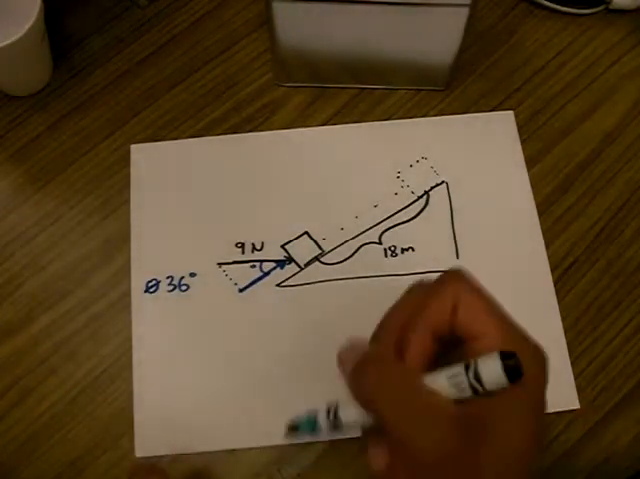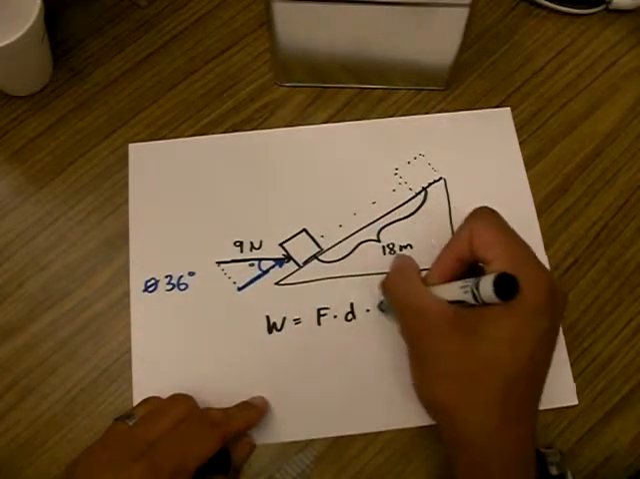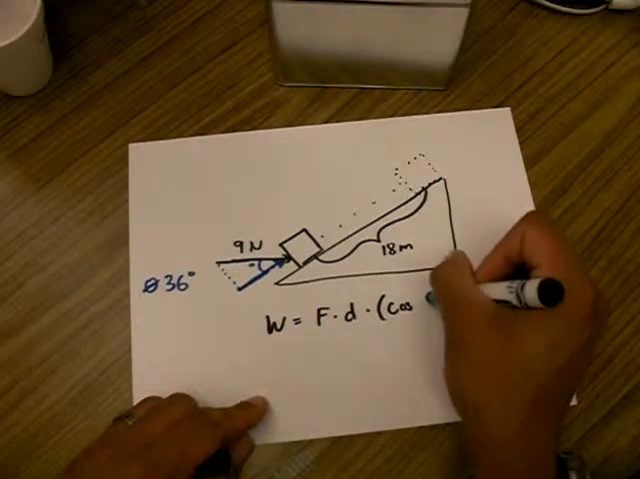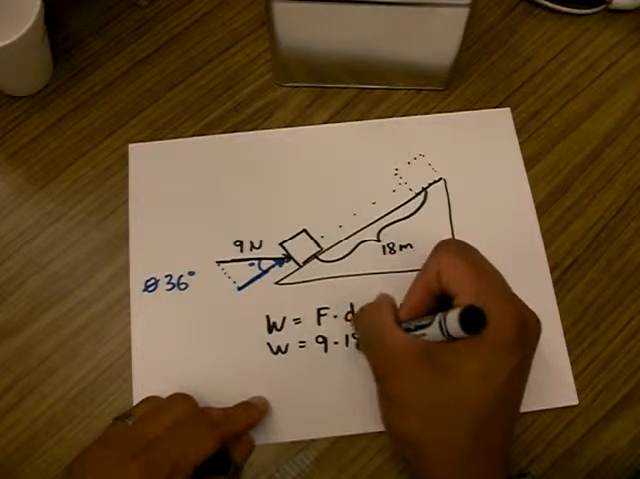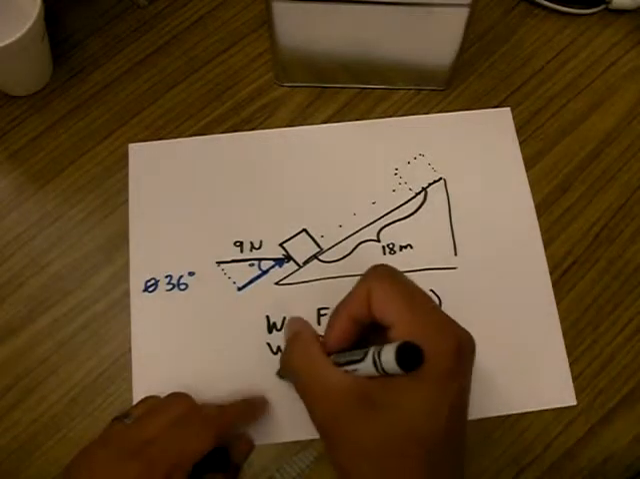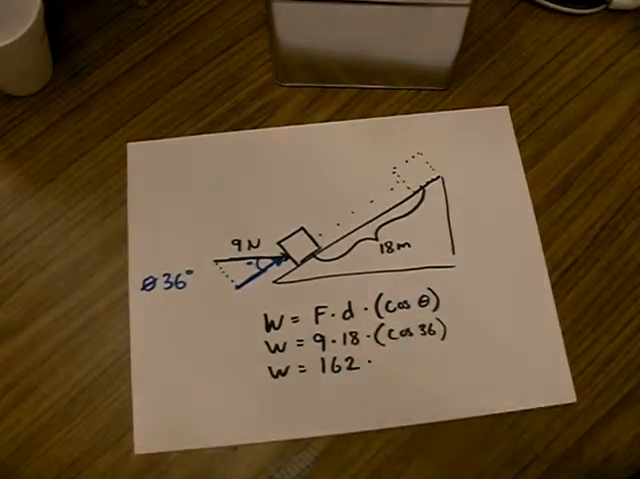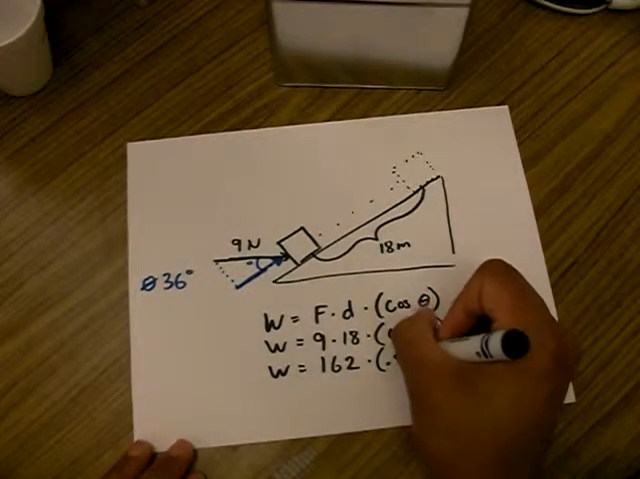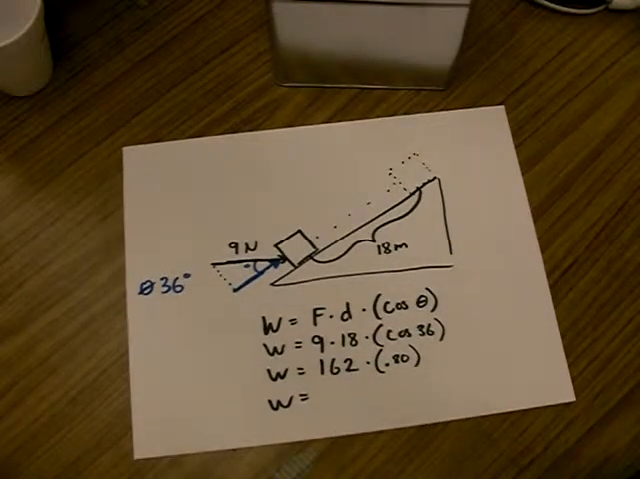So if we use our basic formula like we did before, work equaling force times distance times cosine of theta, we can plug and chug. 9 times 18 times cosine of 36. Work equaling 162 times 0.80, and our final work product will be